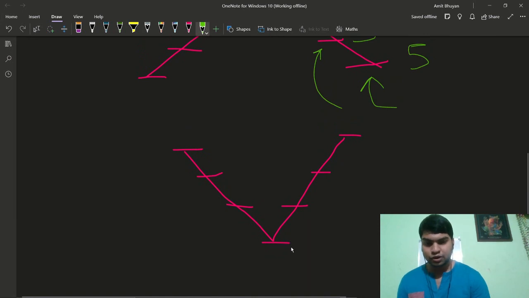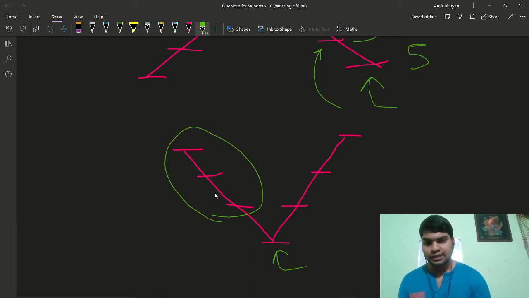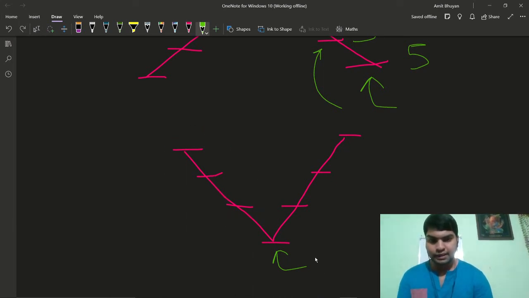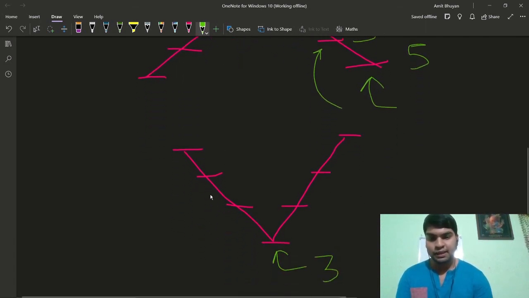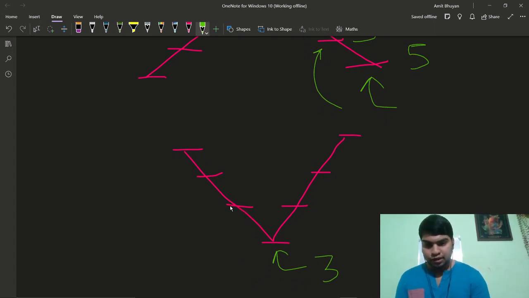The number of inversions for this position will be all the elements above this position, that is 3. So we can add 3 here. Then for this position, it is at a lower position. Here we have these at higher positions, but these are all at lower positions. So the number of inversions for these two will be 2 each, 2 here and 2 here.